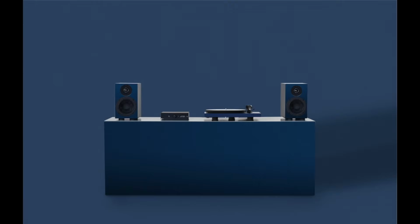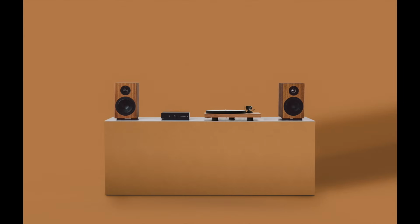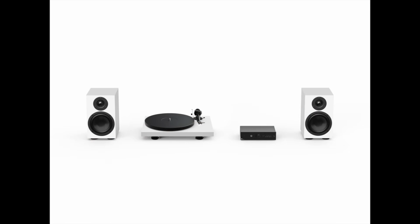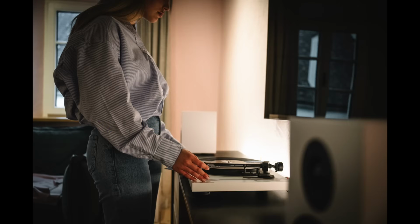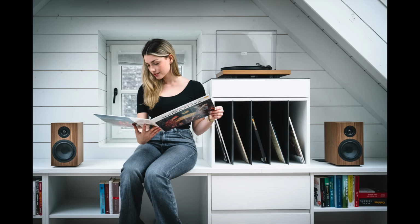So the Colourful Audio System 2 comprises a Debut Evo 2 turntable, reviewed on this channel, loved it to bits, and a, how do you pronounce it, Maya S3 amplifier, I think, and a pair of Speakerbox 5 S2 bookshelf speakers. The Evo 2 comes fitted with the excellent Pickett Evo cartridge. The S3 amplifier delivers 40 watts. And the set also includes Pro-Ject's Dampit rubber feet for optimal isolation of the speakers, and a pair of terminated